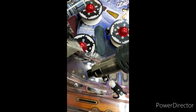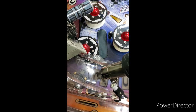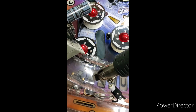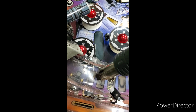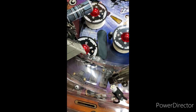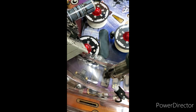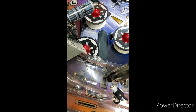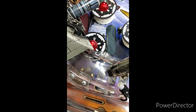And again, we'll see how well this works out on a video. You have to be slow and patient. Don't leave it in one spot. You don't want to melt the ramp, but essentially you are. You don't want to melt it to where it bubbles. I hold it about 1 inch away, and I just keep going over a small area. And again, you are kind of melting the ramp, but just enough to get